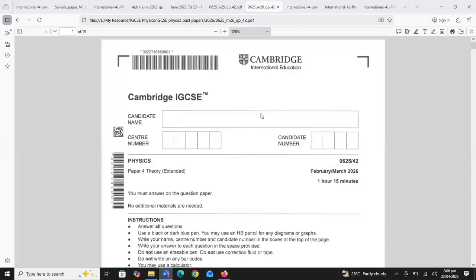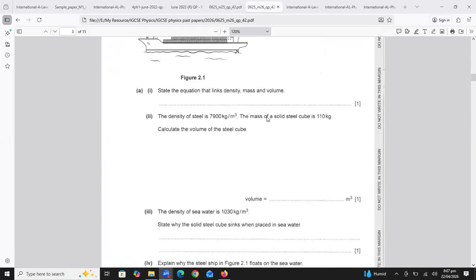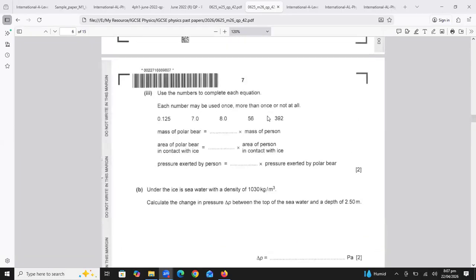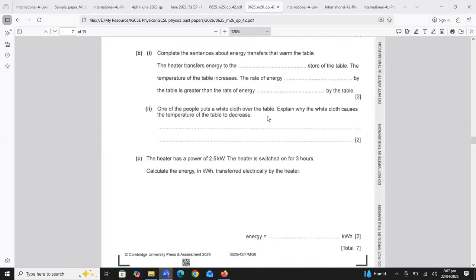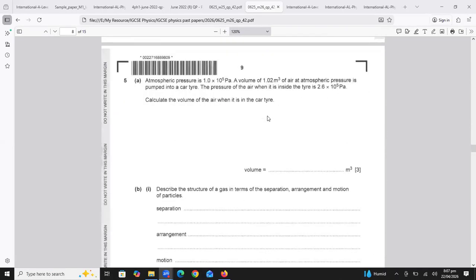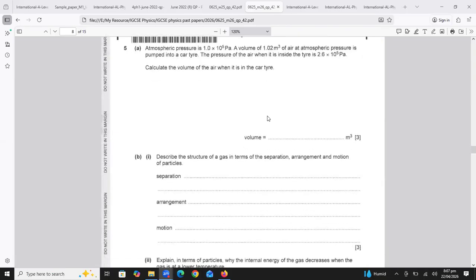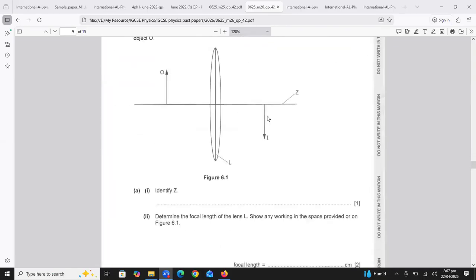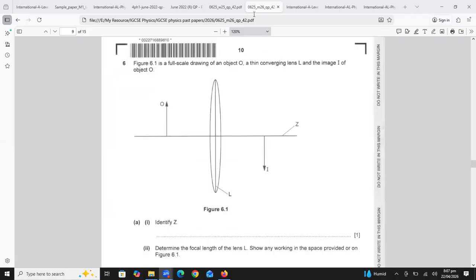This is paper 6, paper 4, region 2. And how many questions have we completed yesterday? Hafsa, can you please tell me? I think we have completed till question number 4. No, we have already done question number 5 as well. So we have to start from question number 6.